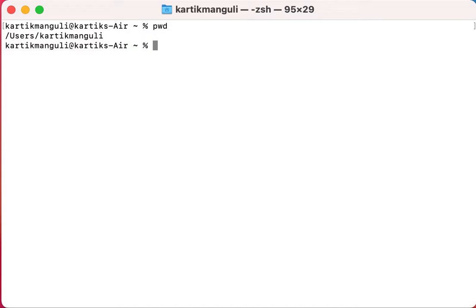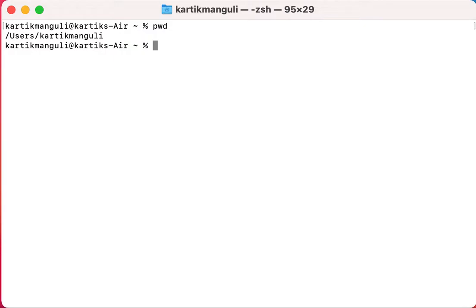So our first command is pwd, which is present working directory. Let us move on to our next command, which is how to create a directory. What is a directory? A directory is like a folder which contains files as well as directories. A directory can contain a subdirectory, which is also called a directory. Basically, a directory is just a folder.